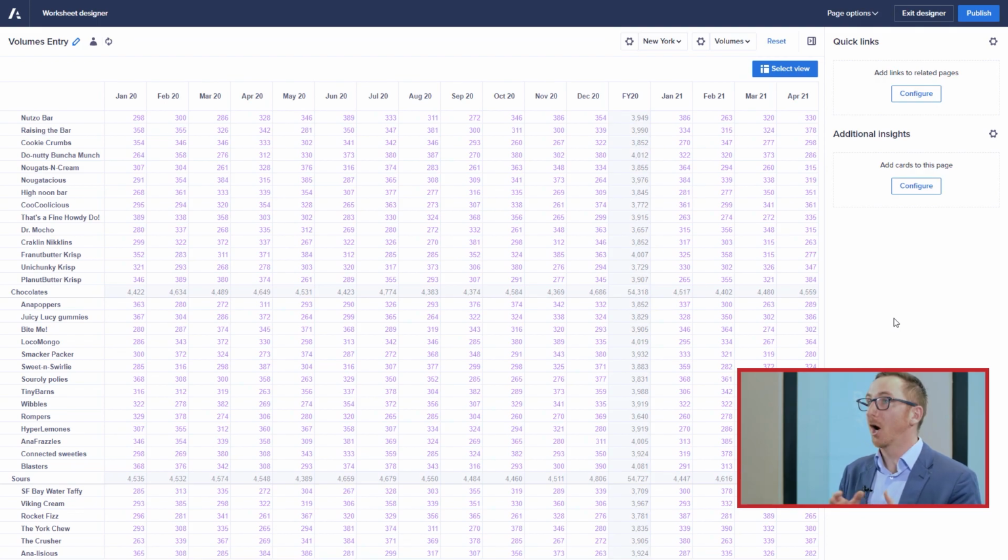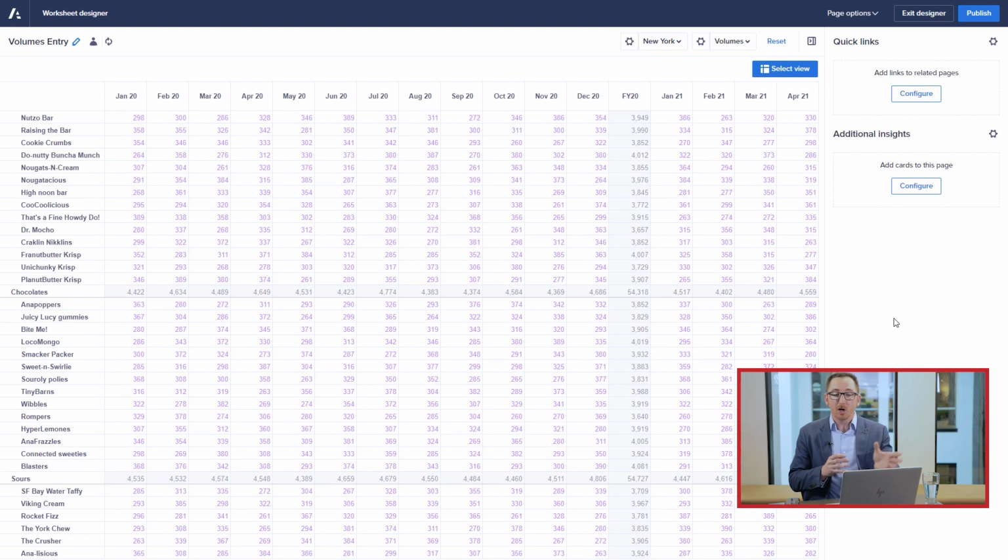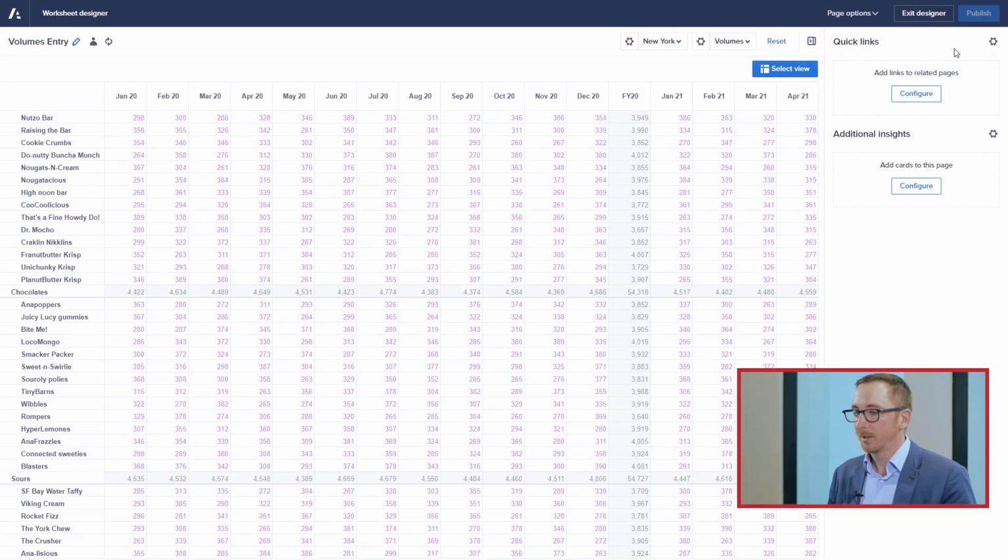Once you click Update, you'll see that the primary grid has been added to your worksheet. You'll also notice that we can add in additional insights, and you would just follow the same process that we used earlier when we were bringing in those different cards in there. So for now, we're going to leave it like this, and then following that save, we're going to click to publish this time. Okay, we've hit publish.